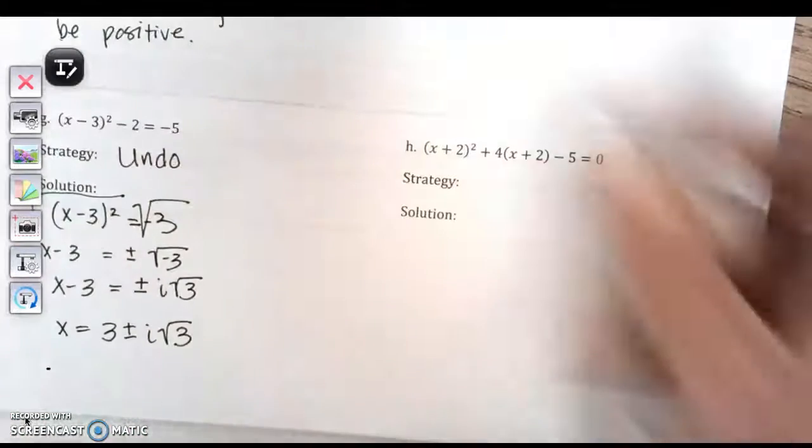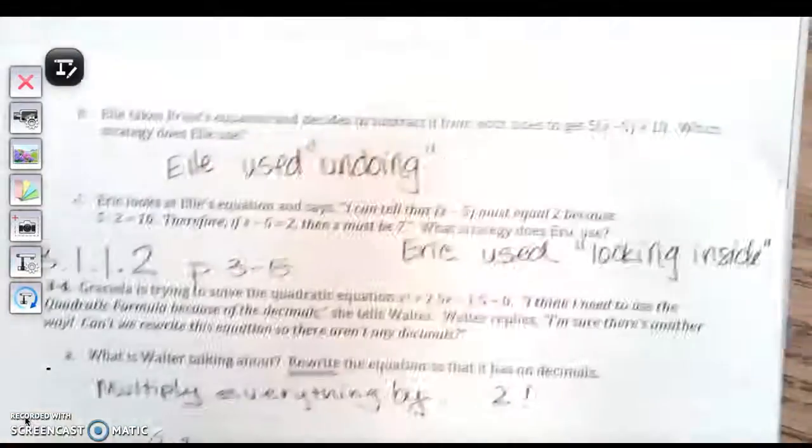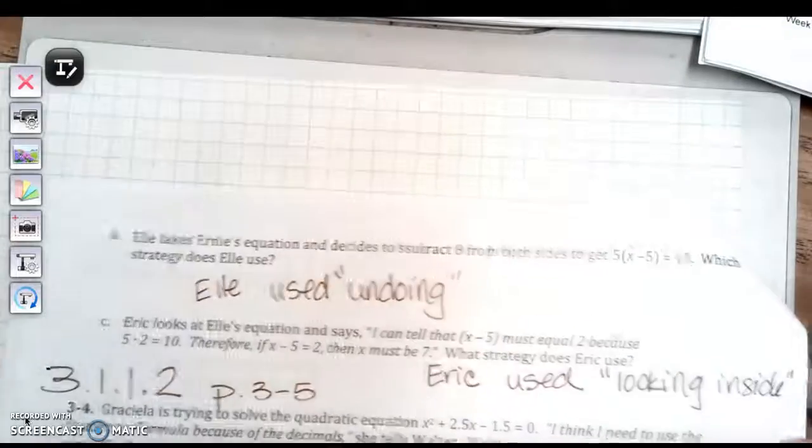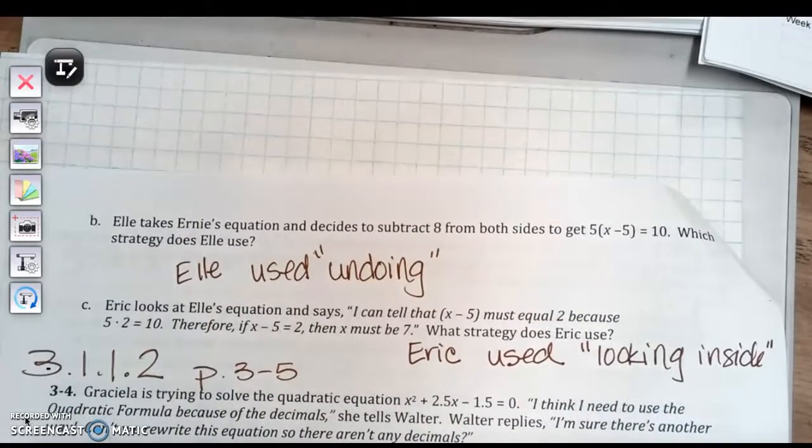Flip over to the top of page 3. We're just doing B and C at the top. Part B says L takes Ernie's equation and decides to subtract 8 from both sides to get 5 times x minus 5 equals 10. Which strategy did she use? She used undoing. She did inverse operations, right? And then part C, Eric looks at L's question and says, I can tell that x minus 5 must equal 2 because 5 times 2 is 10. Therefore, x minus 5 equals 2, and x must be